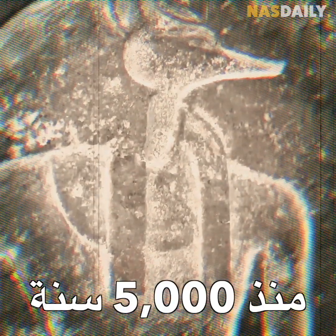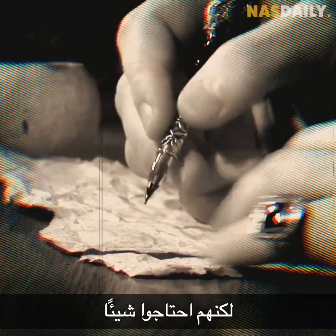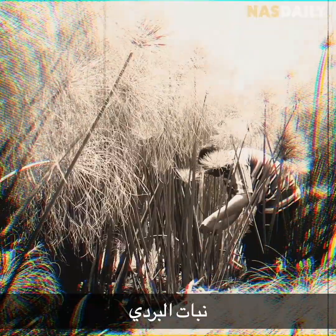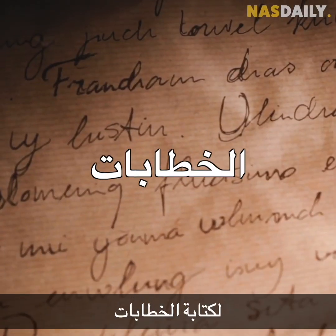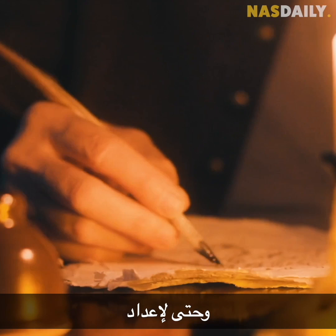You see, 5,000 years ago, the pharaohs did not know how to make modern paper, but they needed something to write on. So they used the papyrus plant. This exact same plant was used for everything: to write letters, to make marriage contracts, and even to prepare shopping